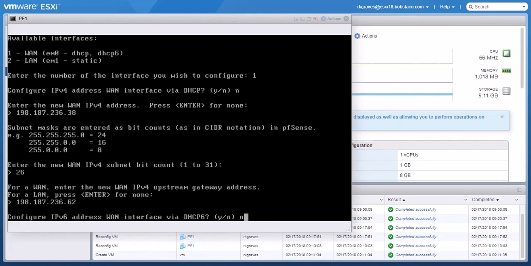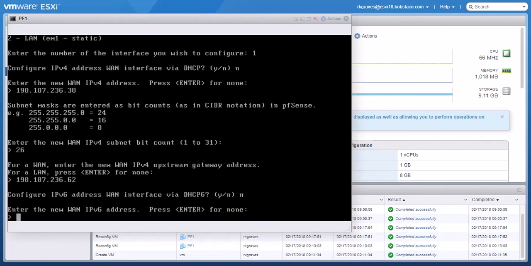Okay, so we're continuing on here with the WAN interface, and the video is getting to run a little bit long, but let me finish this, and then I'll let you do the LAN interface, and then we'll come back and pick up together from there. So I do not want to use DHCP for my IPv6. Enter the IPv6 address, okay,